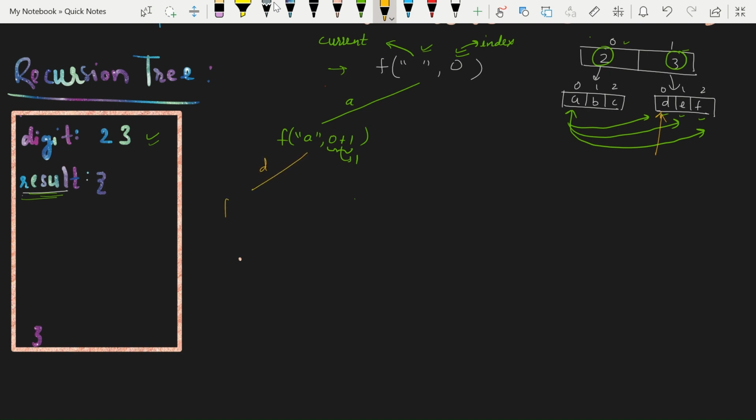The string will become AD and the index will become 2. AD represents our first combination, and it means that we are reaching the base condition. Therefore, the base condition here is